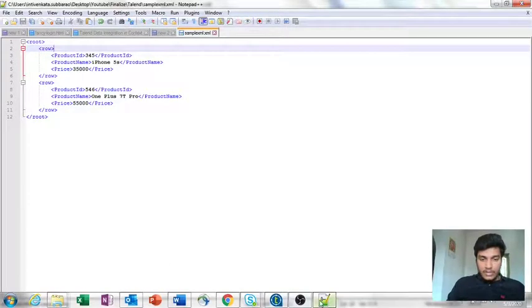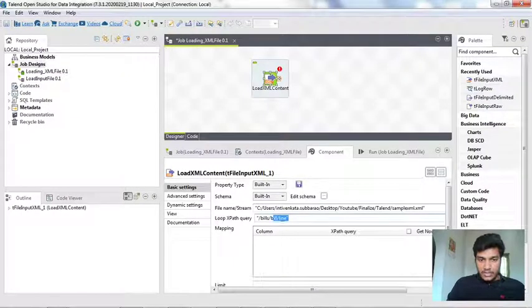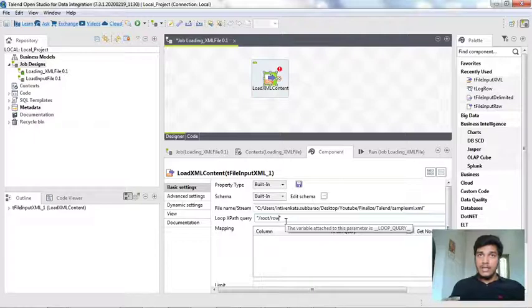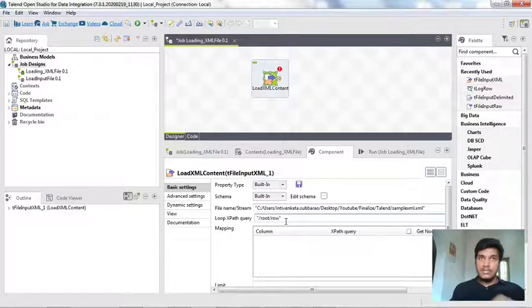So for this, what we need to write is, just remove this one in the double quotes, and write slash root, the main tag, slash row. The row is the next tag which will get iterated. So for each row we will get some info, so that is why we wrote root slash row. If you have multiple subtags inside the row, then you can mention it like slash root slash row slash some subtag 1, like that.